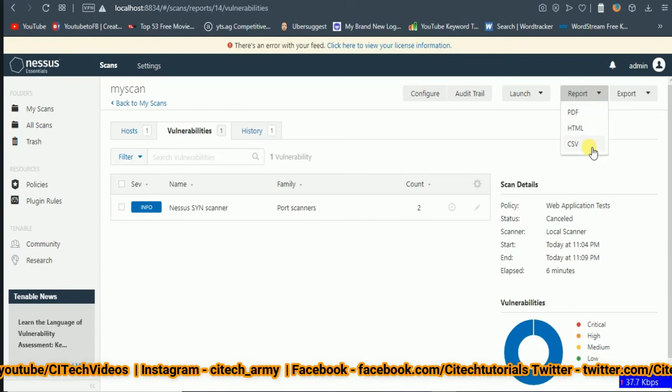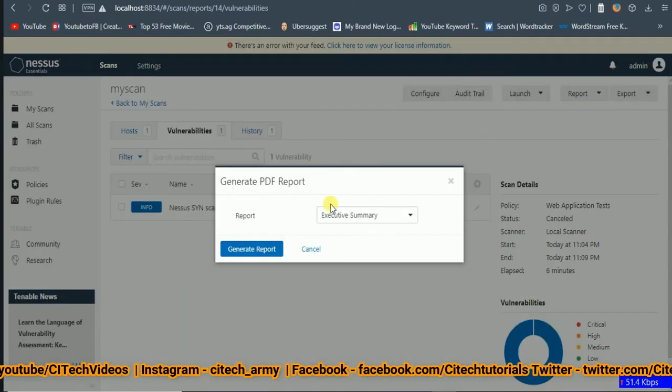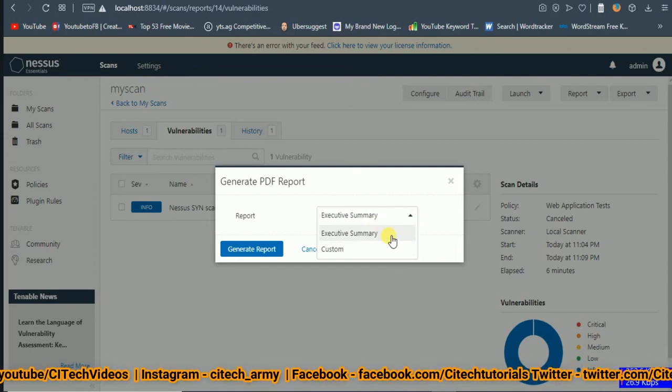You can export your scanning report with these three options. I'm going to take PDF. Just click on it, and you will have an option to generate your report as an executive summary or custom. I will leave it at the default executive summary and click Generate Report.